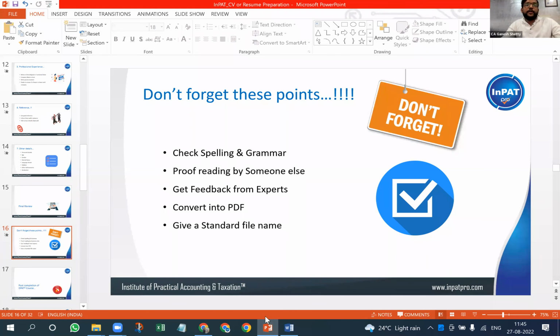In resume, mandatory write 2 or 3 months experience. Yeah, this is a bit challenging, guys. Suppose if you have worked for 2 to 3 months, that is definitely going to create a very, very negative impact on the recruiter. But okay, out of 2-3 companies, you would have left one company within 2 to 3 months. So you can hide it, but if the recruiter focuses on your CV more, then what happens? They will be able to identify the gap. You can hide it, but they'll be able to identify.